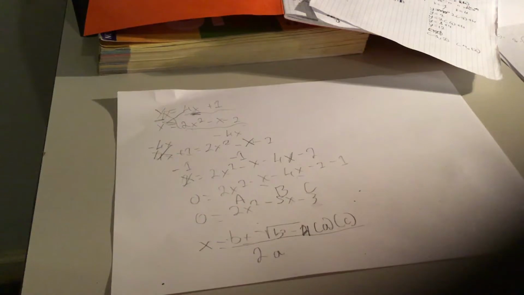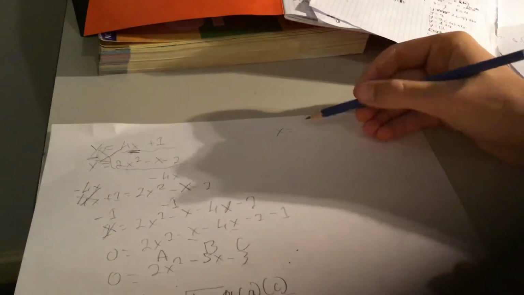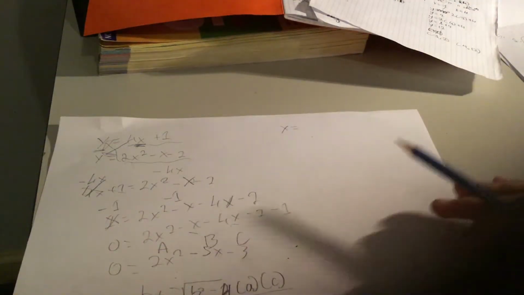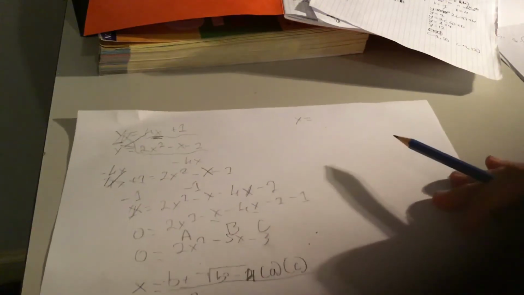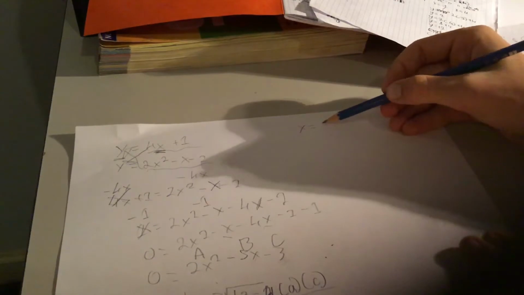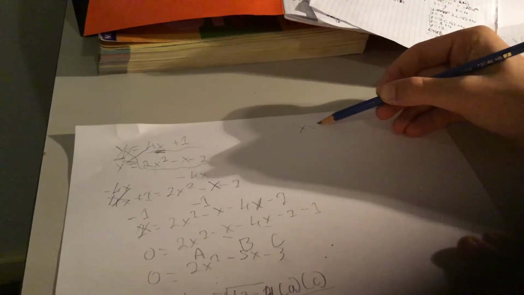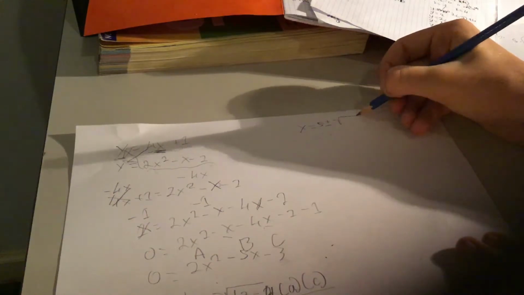Okay, so now all we have to do is plug them into the equation. So I'm just going to move up here. So we have x equals negative b, but b is already negative. b is negative 5. So we just make it positive, because 2 negatives make a positive. So we have x equals positive 5 plus or minus the square root of